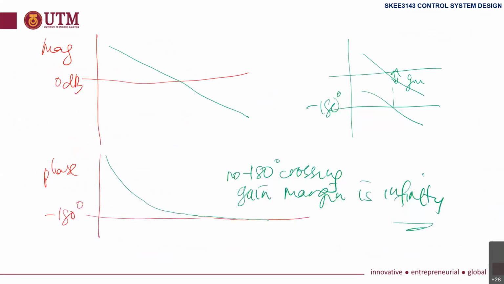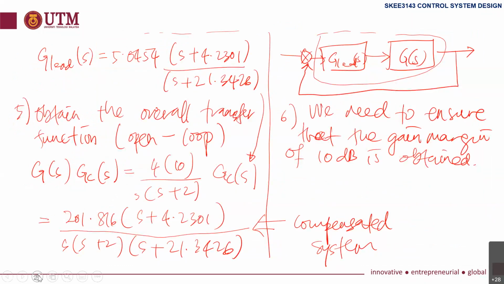Okay, when we add a lead compensator, the lead compensator also has one pole, so it will be 90. So we have 90 degrees here, 90 degrees, and 90 degrees. 270 degrees, it will cross. But the lead compensator also has a zero, here also 90 degrees. So in total, because they have 3 poles and 1 zero, it will also not cross